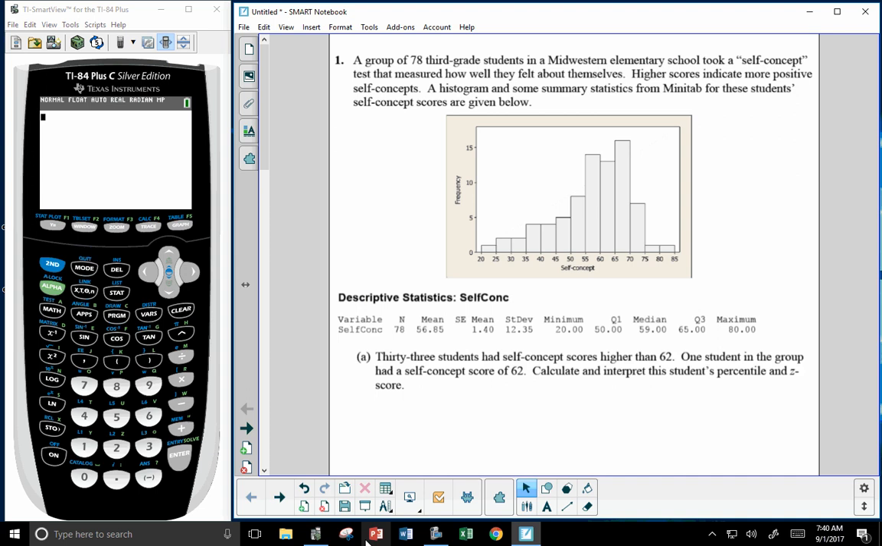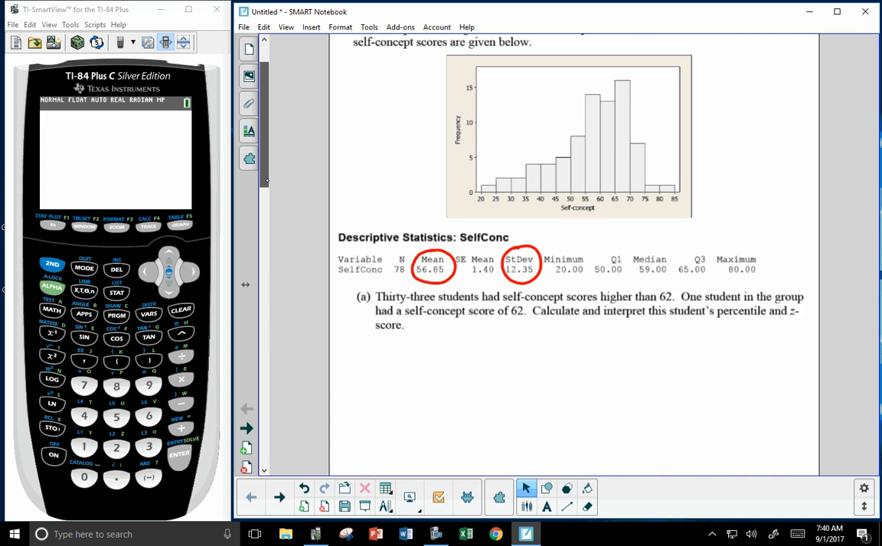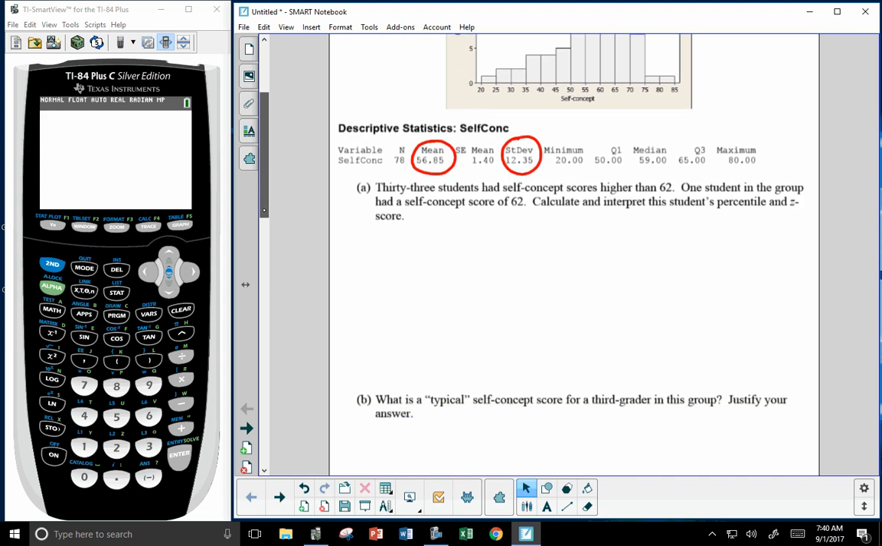So here we have data that we are going to use. We're going to have to use the mean that's given to us at 56.85 on one of the problems. We're also going to have to use the standard deviation. Okay, so just want to point out that that is there because when we're doing the z-score, we are going to need that information. Okay, so it says part A, 33 students had self-concept scores that were higher than 62,